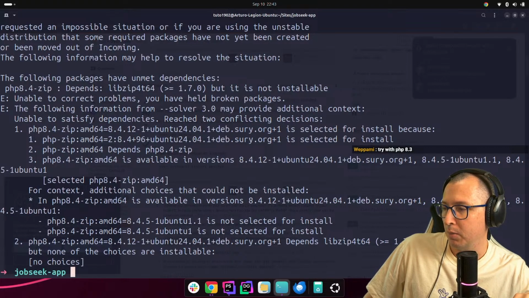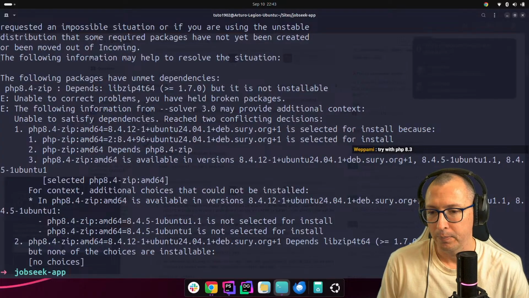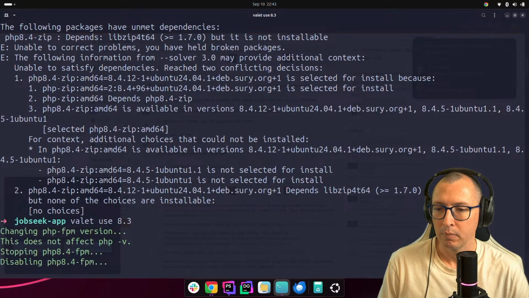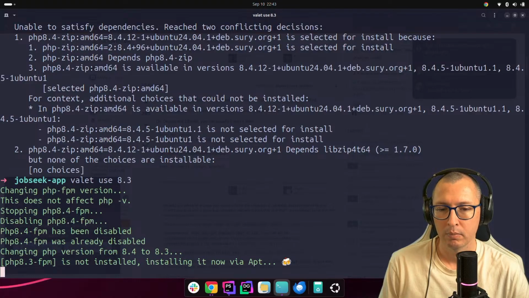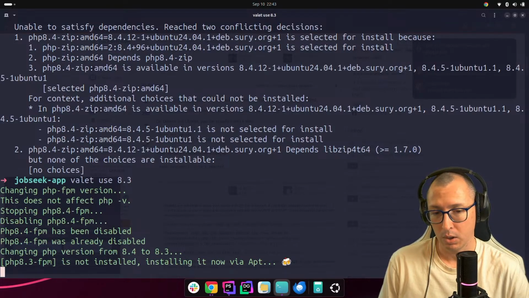Try with PHP 8.3. Let me see. Not installed. Okay.